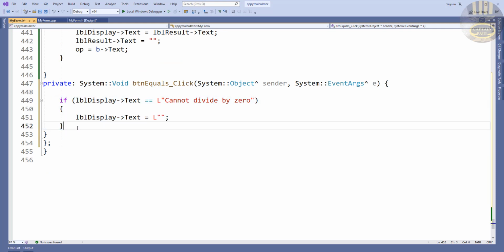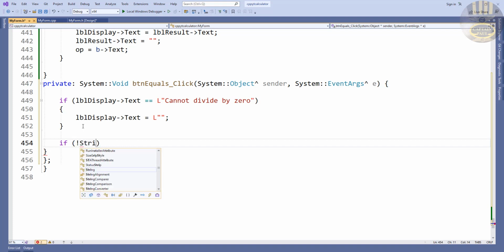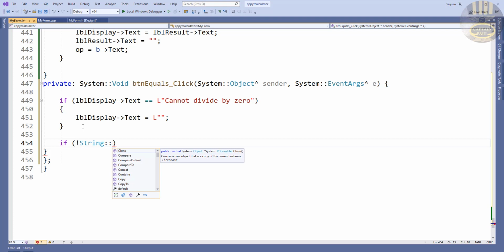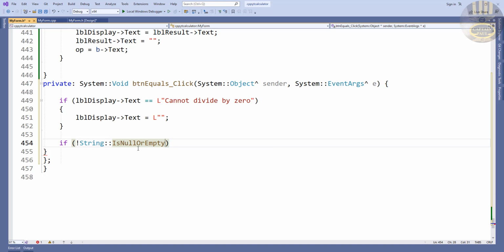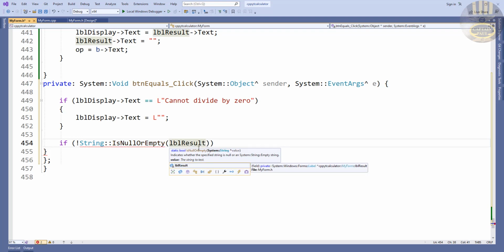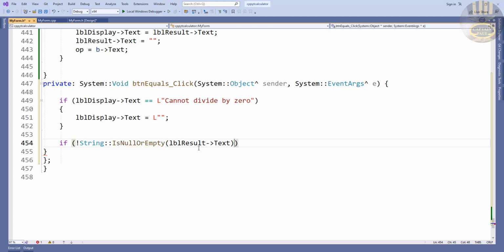That is if you want to divide by 0 though. But for these to appear, let's take care of the following. Using an if statement, if it's not a string character, column is a new value. So let's grab all of that here, null or empty. And then that's going to be LBL results dot text,